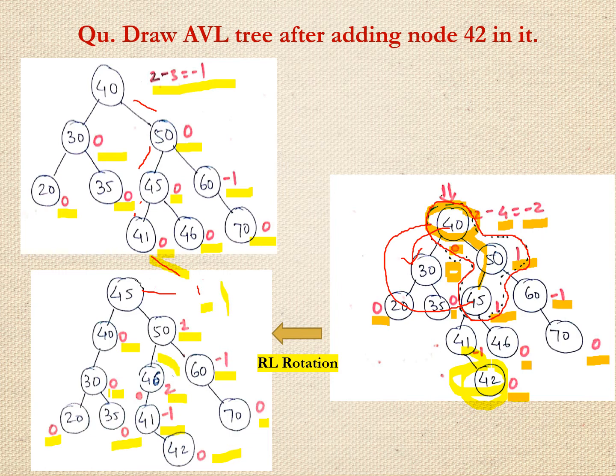But here we are getting the imbalance. Here we are getting the balance factor as 2. So we have to balance it. Which kind of rotation can we perform? You can verify. Here it is L, that is 41 is the left of your 46. So that way we have identified it as L. 41 is left of 46, so it is L, and then this 42 is right of 41, so here it is R. So we can identify that here the rotation is LR.